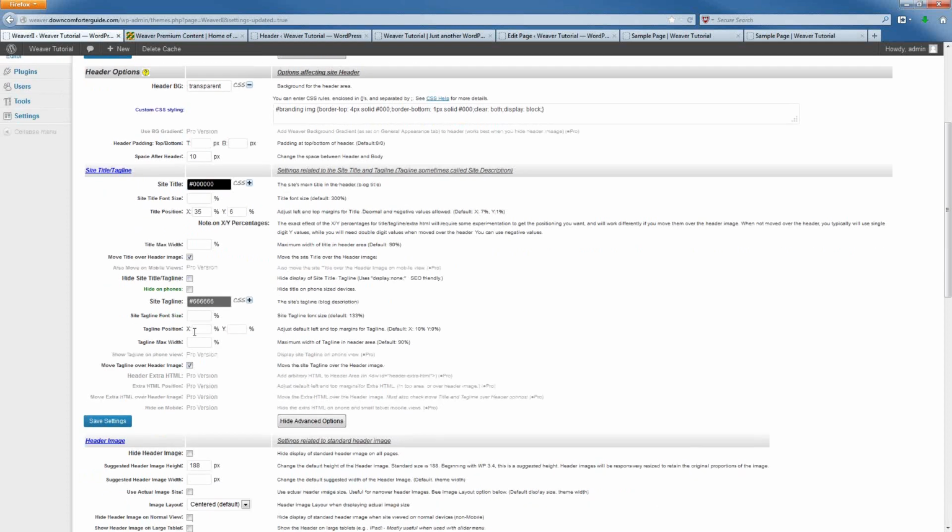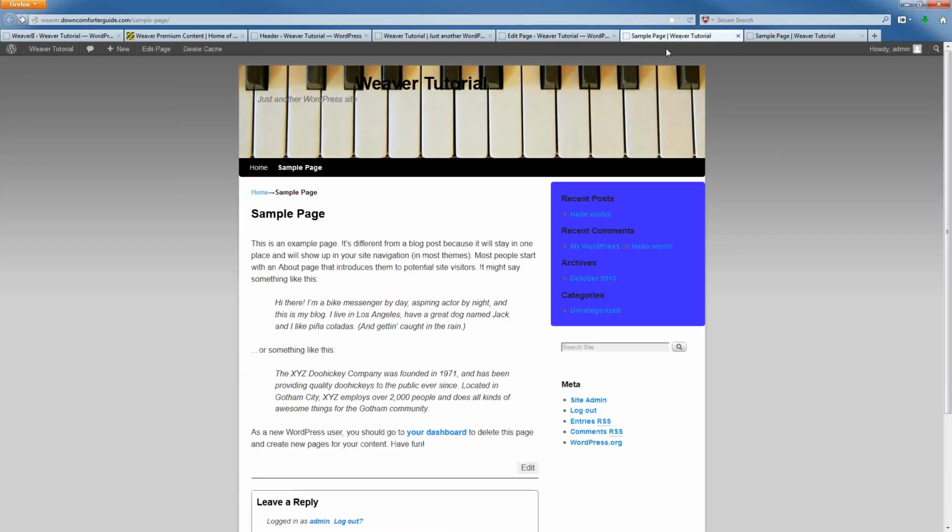Now the same thing applies here with the tagline position, except this Y value right here is not a Y value from the top of the page. It's a Y value from where it's supposed to actually be placed. So if I set the X value to 35% for the tagline and now return to my site,